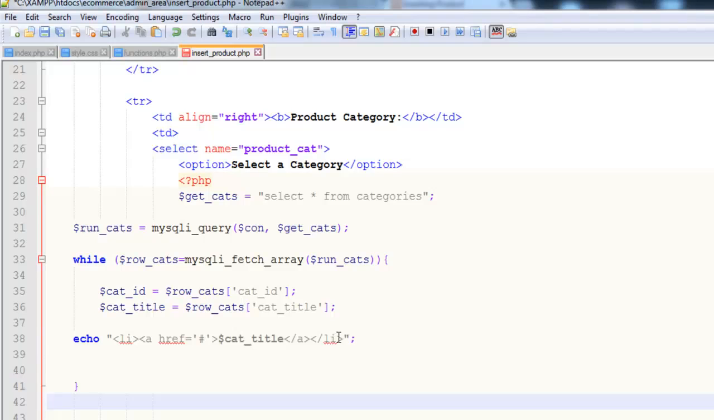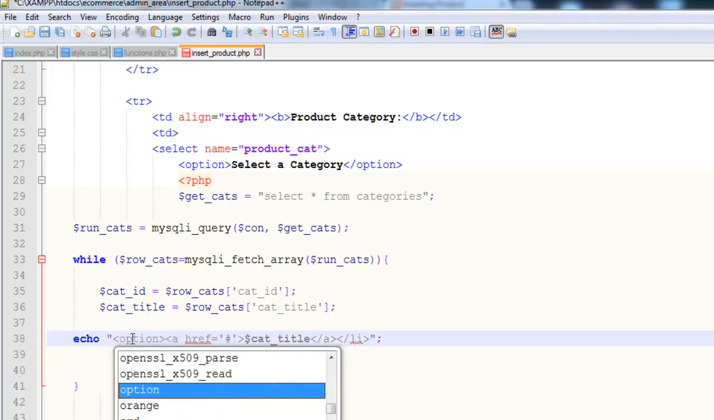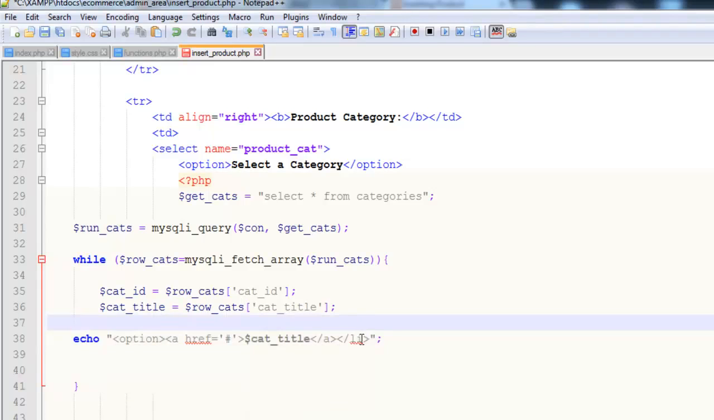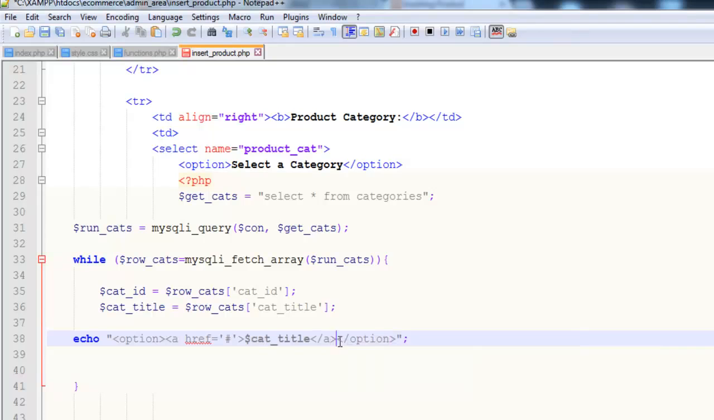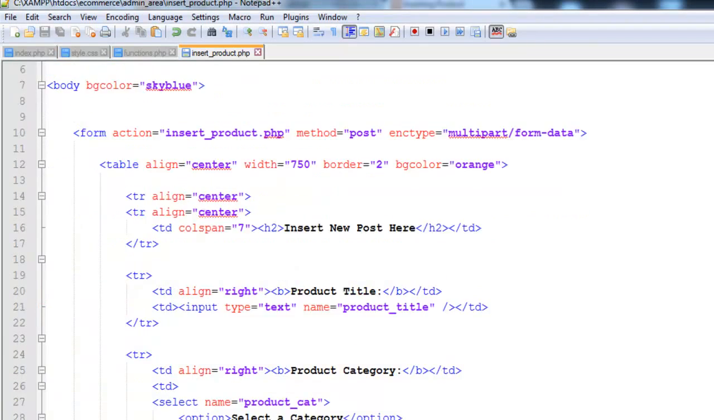And inside here I will simply say option and option close, and link, I will remove the link because we don't need link over here. Control S to save, but we don't have a connection on this page, so we need to first of